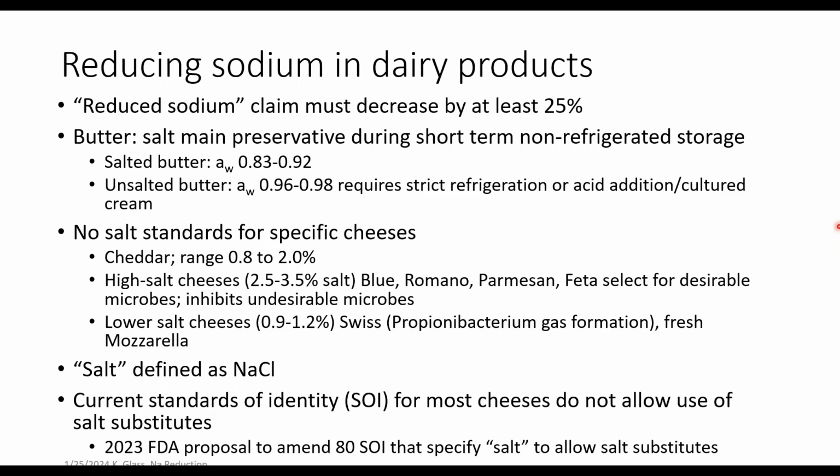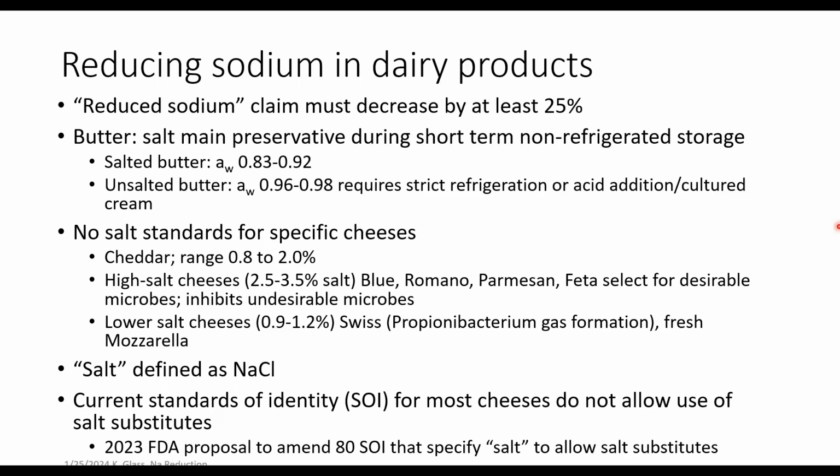FDA recently proposed to amend 80 standards of identity that will make a path for reduced sodium cheeses made with potassium chloride, and therefore can still maintain safety and quality attributes. Now, as a side note, partial substitution of sodium chloride with potassium chloride has already been studied for its effect on lactic acid bacteria and pathogens in cheese. In 1982, a UW study showed lower counts of staph and staph enterotoxin in an experimental cheddar made with 1.2% mix of potassium chloride and sodium chloride, than if used the equivalent levels of sodium chloride alone.